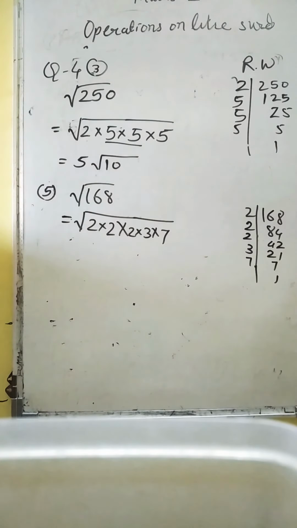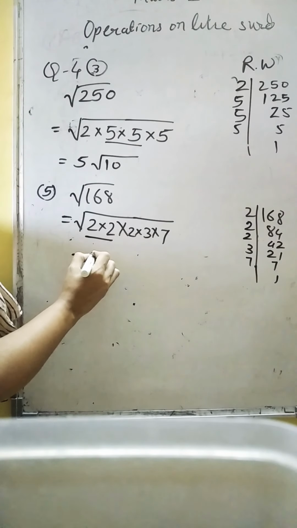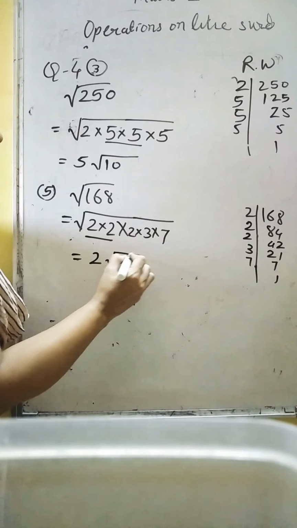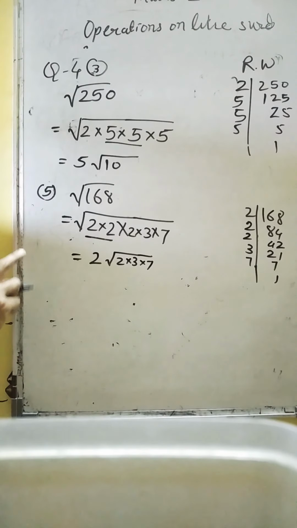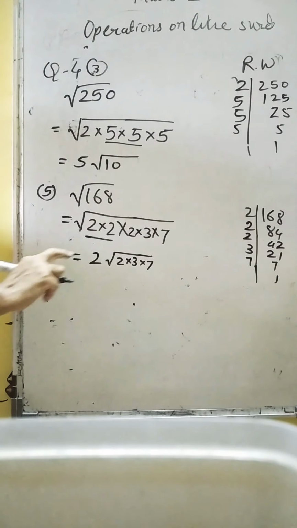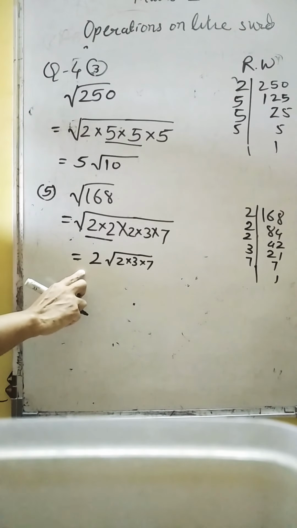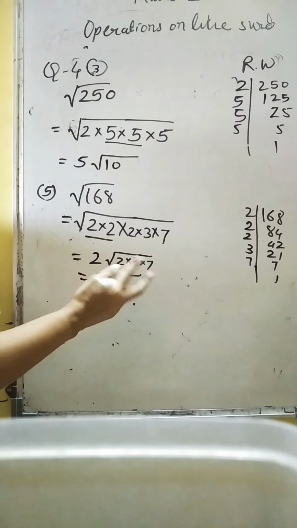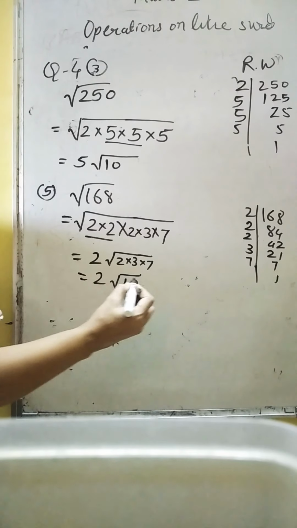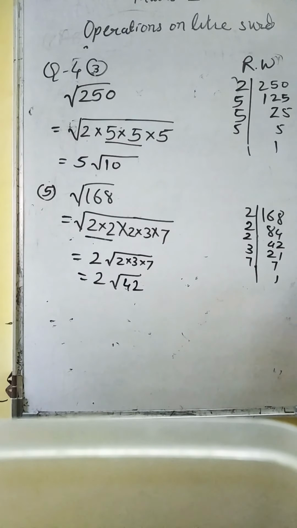अभी जोड़ी बनाएंगे. ये एक ही है और कुछ है? No, the 2 is one time, 3 is also one time, and 7 also one time. So this is equal to, I will take only one 2 out. 2 into 3 into 7 रह गए ना अंदर. ये बाहर आ गया. आप लोगों को ये क्लियर समझ रहा है ना? जो पेयर में आएगा वो एक बार बाहर आएगा. And the remaining will be there only. So the answer will be, now you multiply, 7 3s are 21, 21 2s are 42. So this is the reduced form.